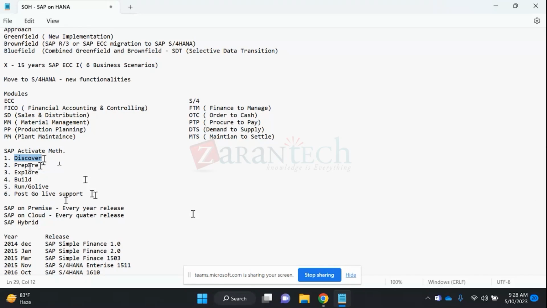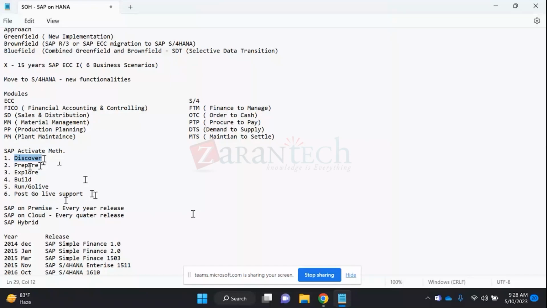So guys, discover phase. Discover is basically before we can start any project. Take example, I'm your customer, and during discover phase, as a core user, so there are 2 types of user, guys: one is core user, one is end user. So I'm a core user for my customer end. Okay, and I have given you some 3-4 scenarios. Okay, and I request my service provider to provide me some workshop on this scenario, how these functionalities work in SAP. Okay, so during workshop